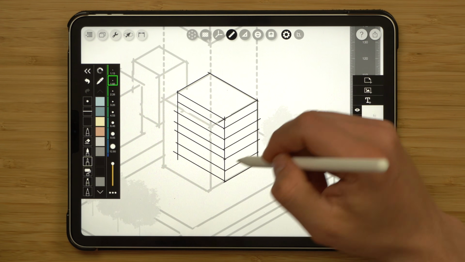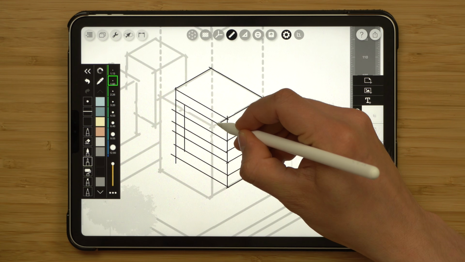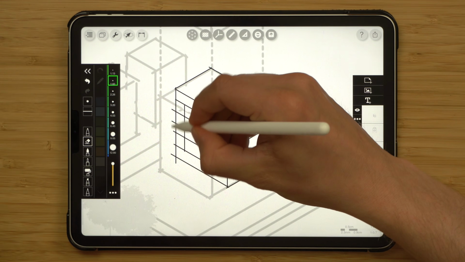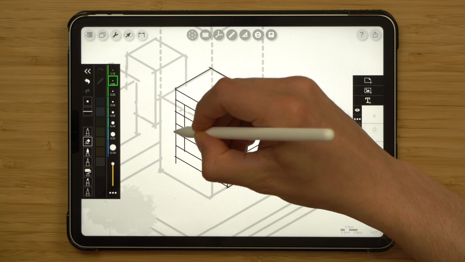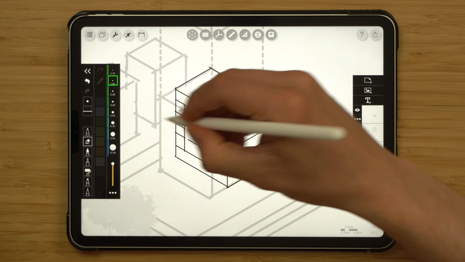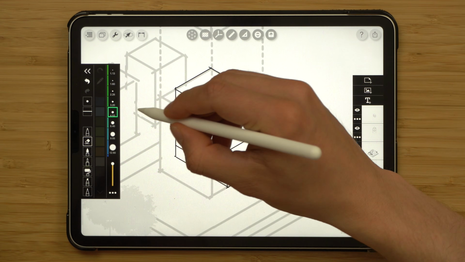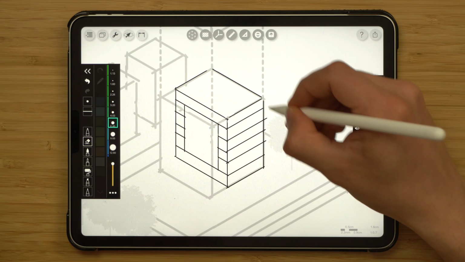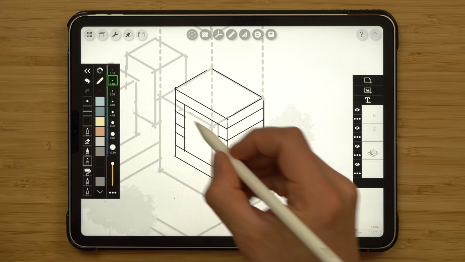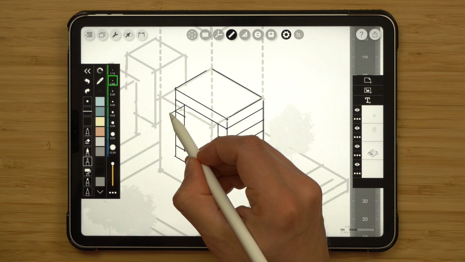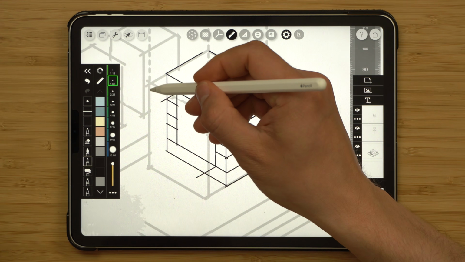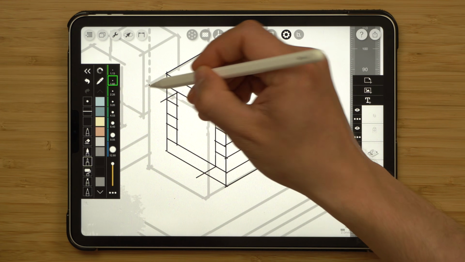These floor plates are the bones of the building, but we will have a theater or an opera box within the building. So for that, I'm going to plot the location of that box, use the erase tool to get rid of the excess lines once again. And now going back to the technical pen and enabling the ruler, start pulling the theater box extrusion. Now it's hard to see how far that line has to go forward in order to be coplanar with the edge of this box, if that makes sense.